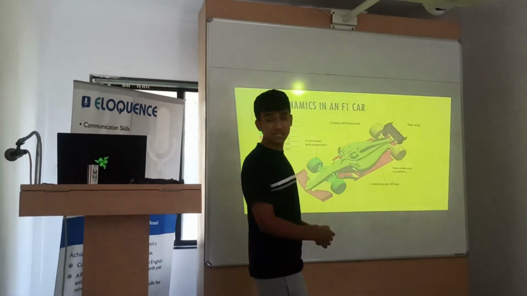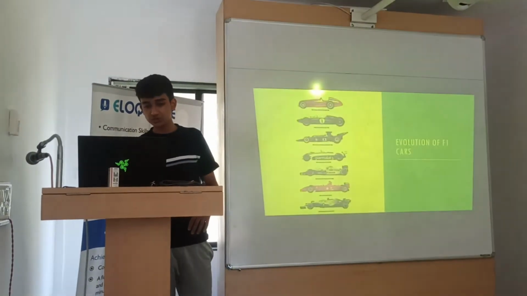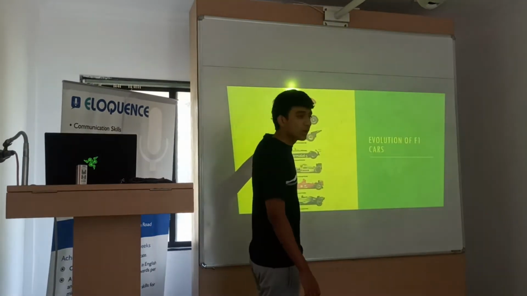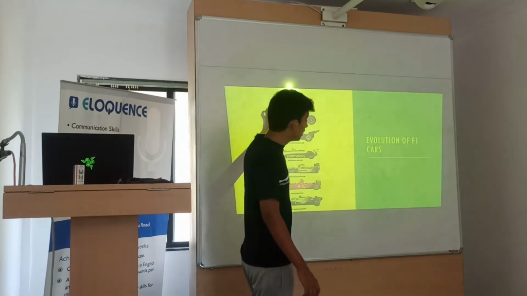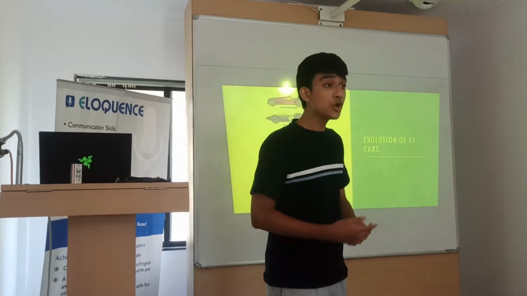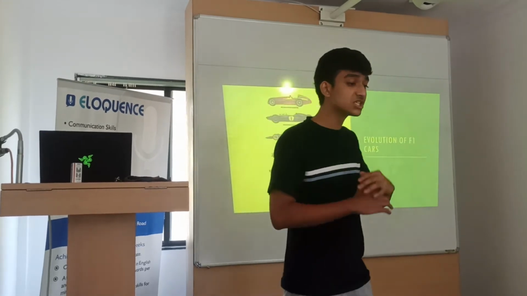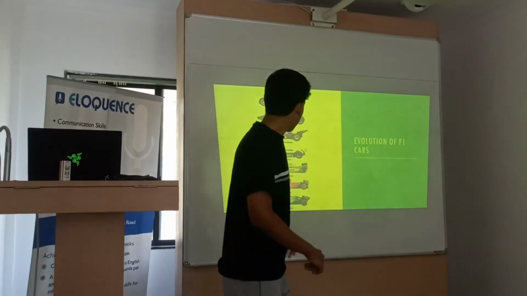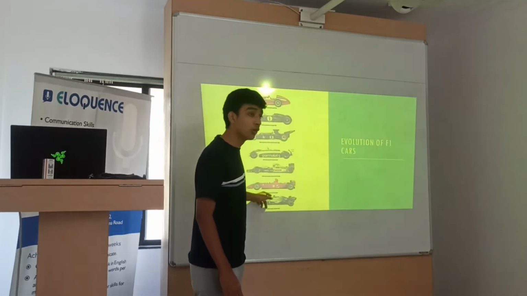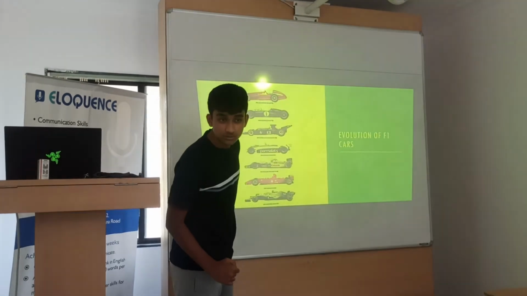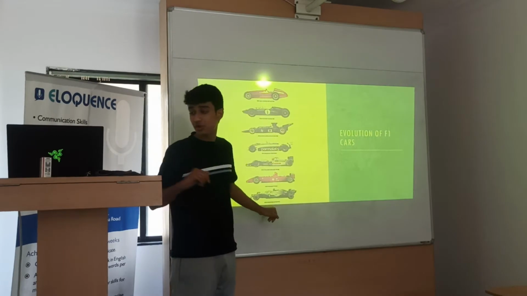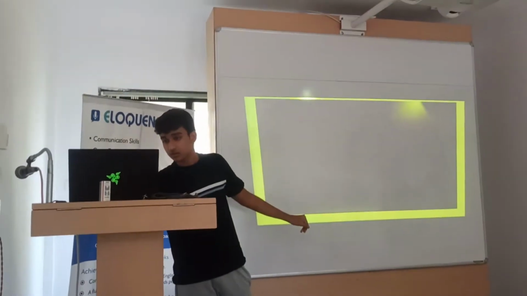Let me tell you. If you had seen in the pictures earlier, in the evolution, can you see over here there is no front wing? Nothing over here. There is no aerodynamic component on this car. It is just a monocoque structure. But over the years, the downforce level and the weight of the cars has increased. Not only that, safety in F1 is such a high priority that a new invention was introduced in 2018, called the Halo.